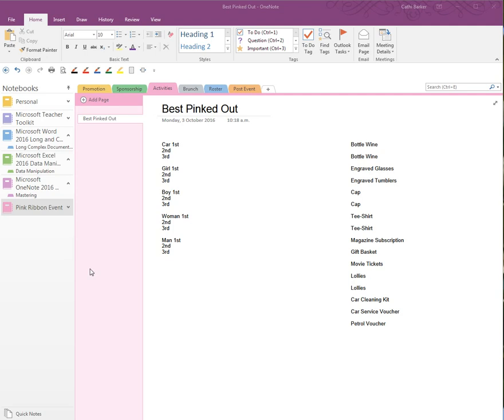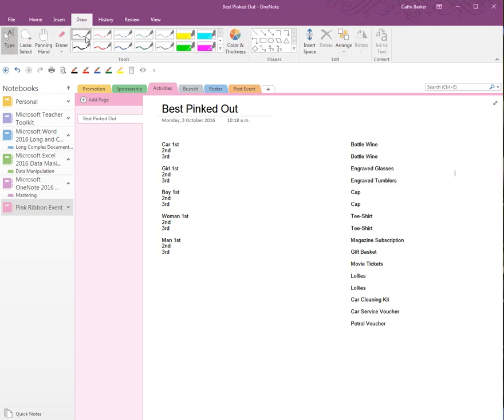One of the real benefits of OneNote is its ability to be used on a tablet or on a phone, and its ability to handle a stylus or a pen, and you can draw and ink easily in OneNote. So let me show you what you can do. On the Draw tab in the ribbon, for example, we've got a number of buttons with regards to inking and